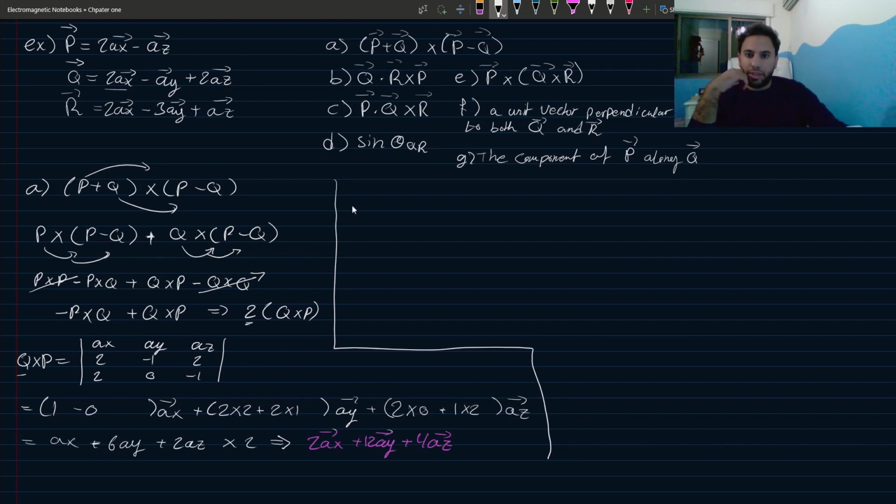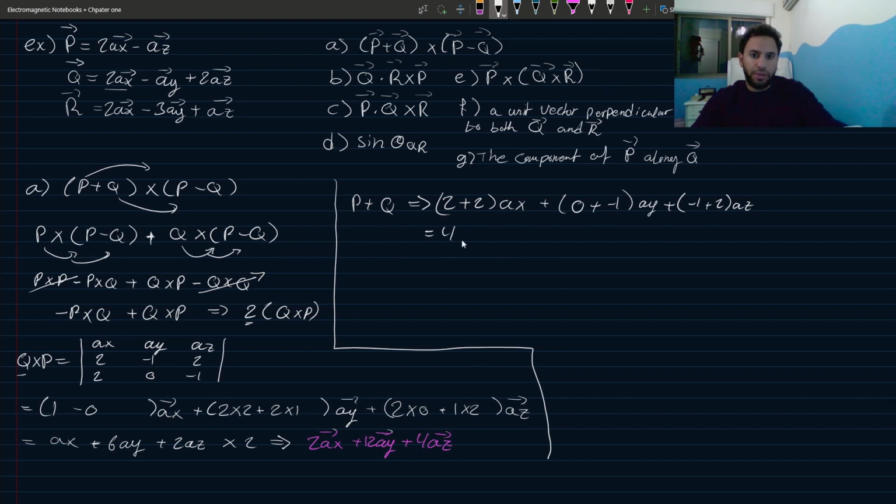So P plus Q is equal to 2 plus 2 AX plus the Y. P doesn't have any Y components, so 0 plus minus 1 AY plus the Z components minus 1 plus 2 AZ,